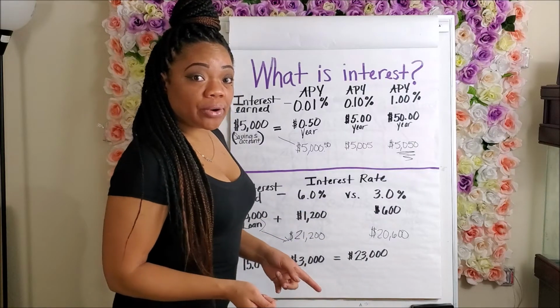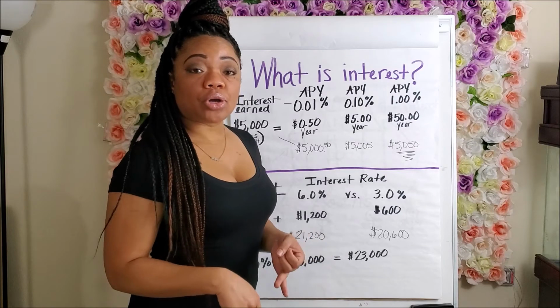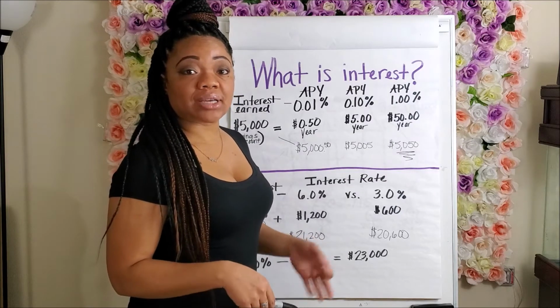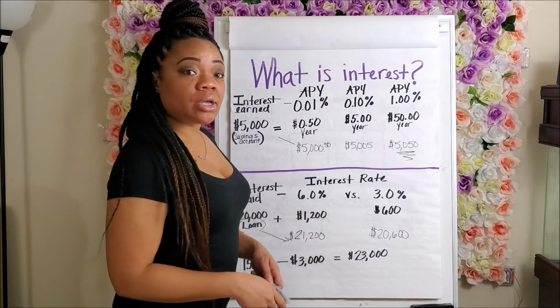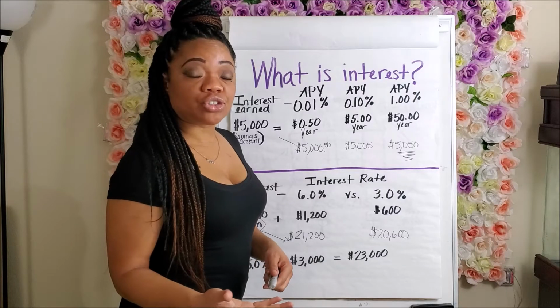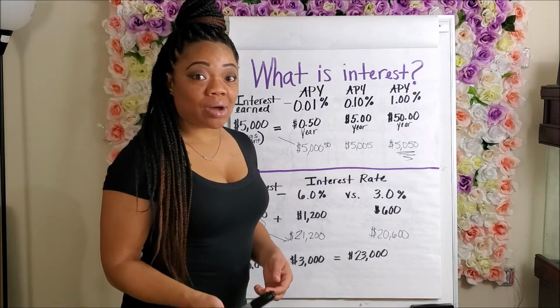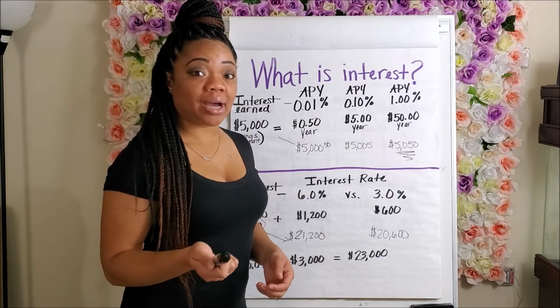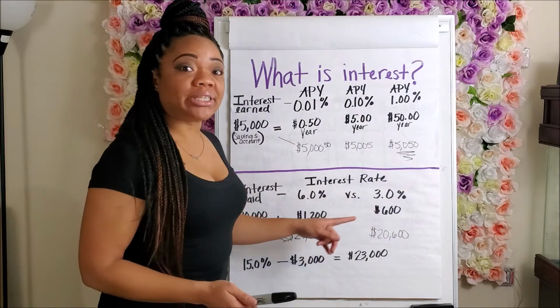Now, how do you know what your interest rate is? Again, look at your paperwork or call your institution, whether it be your mortgage company, your auto loan company, or whatever financing company you're using for that loan, and ask them what's your interest rate. If it's too high, you can always try and refinance so that you can get a lower interest rate, because the interest rates do fluctuate by the market as well as because of your credit score. So be mindful of that. So let's say that you aren't even at 6.0 or 3.0%.